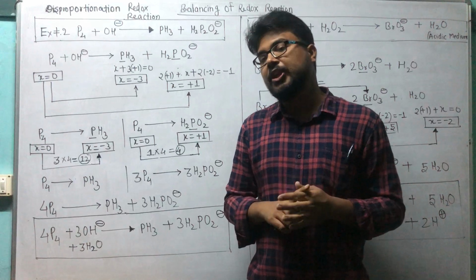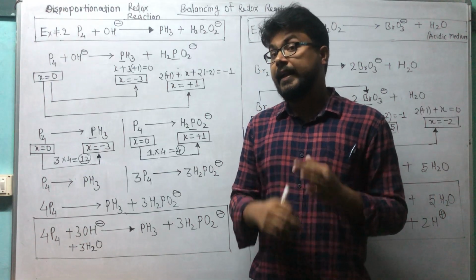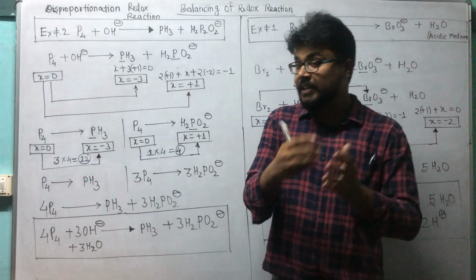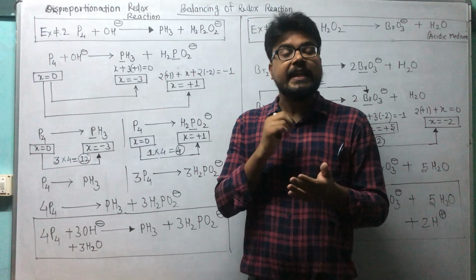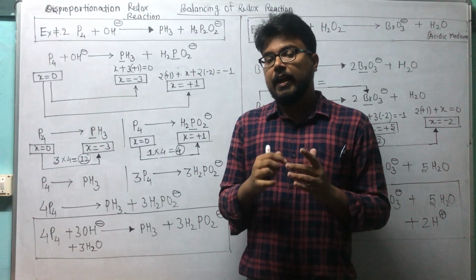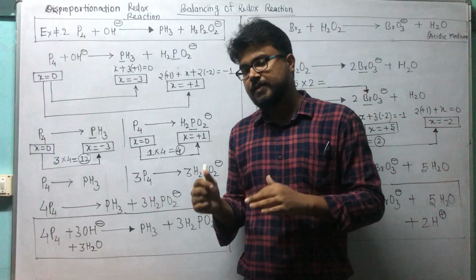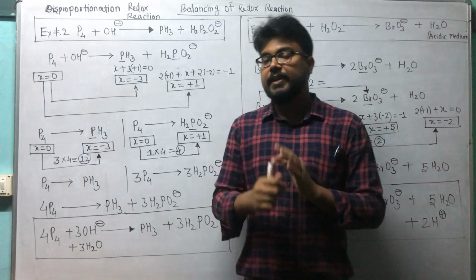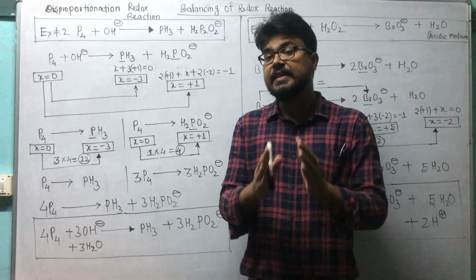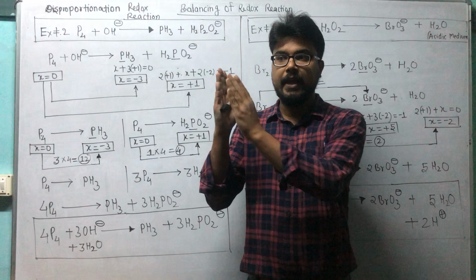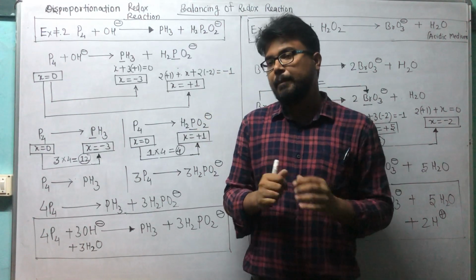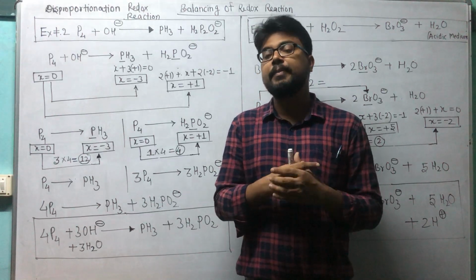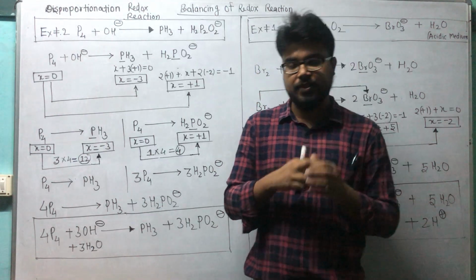Generally it can be intermolecular, intramolecular, and the next one, which is very important, is the disproportionation redox reaction. And what are these? I am explaining. Intermolecular redox reaction means among two different substances in a redox reaction, one is oxidized and the next one is reduced. Correct? So it is an intermolecular redox reaction. For example, A plus B gives C plus D, and A to C is reduction and B to D is oxidation. That means it is an intermolecular redox reaction.